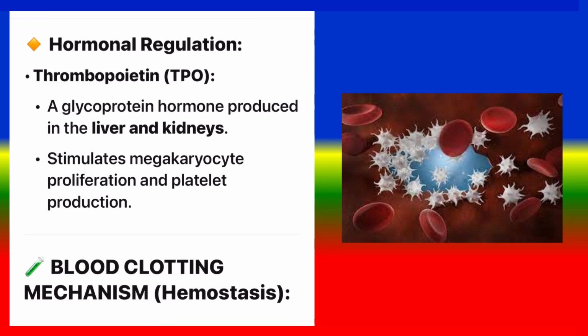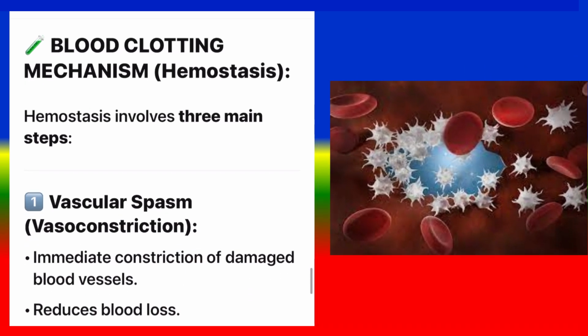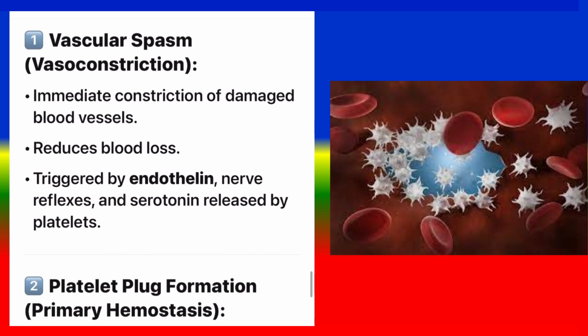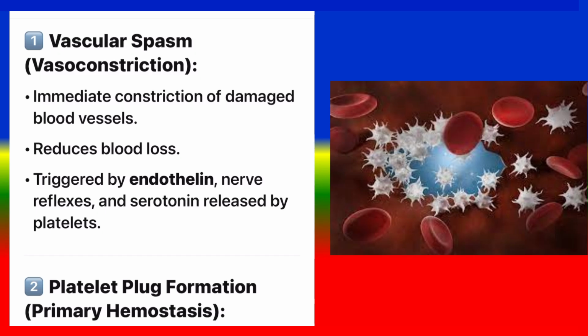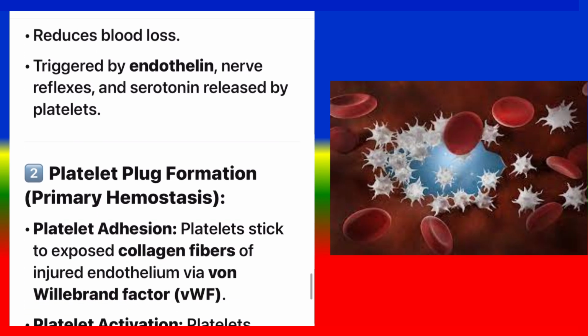Hormonal regulation. Thrombopoietin, TPO, a glycoprotein hormone produced in the liver and kidneys, stimulates megakaryocyte proliferation and platelet production. Blood clotting mechanism, hemostasis. Hemostasis involves 3 main steps. 1. Vascular spasm, vasoconstriction: immediate constriction of damaged blood vessels, reduces blood loss, triggered by endothelin, nerve reflexes, and serotonin